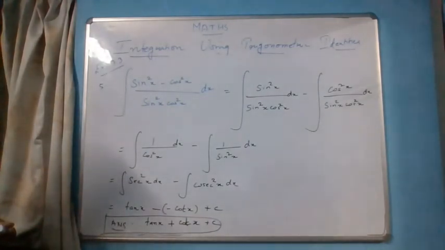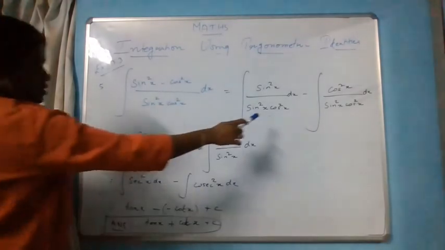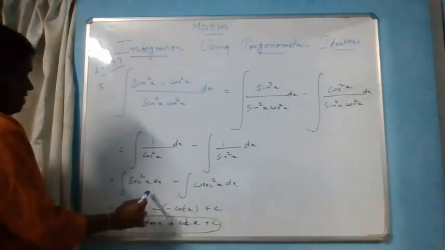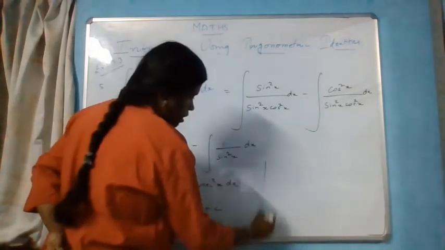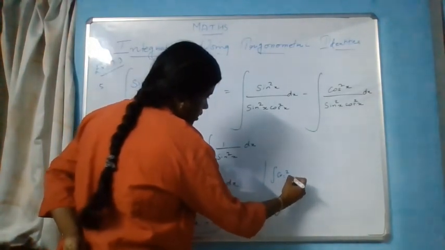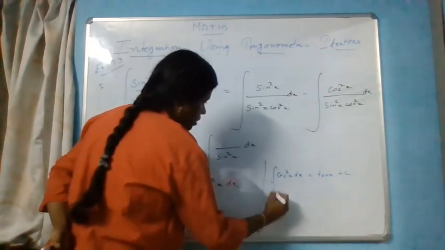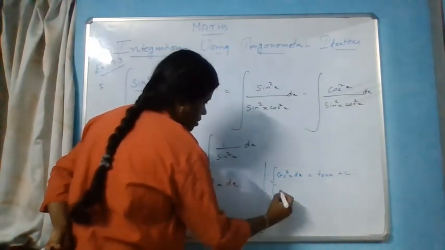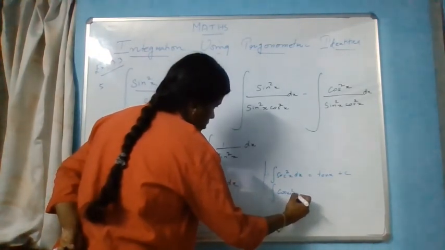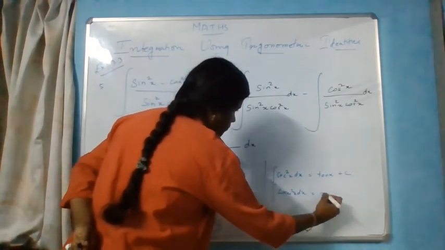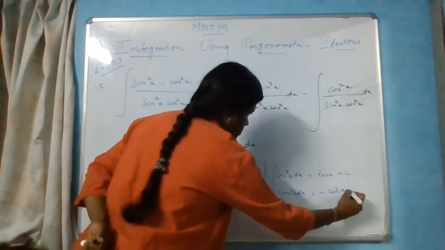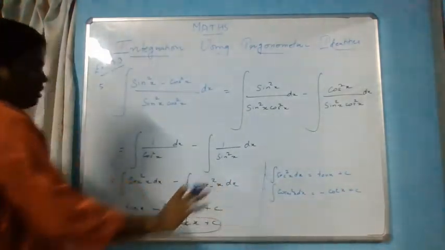Okay, so this is how you solve using trigonometric identities. Just think and you will be able to achieve this. So this is clear. I'm just splitting the terms into two terms, then the direct application of formula. Why? Because integral secant squared x dx is tan x plus c, and integral cosecant squared x dx is minus cot x plus c. So using these two formulas only, we have